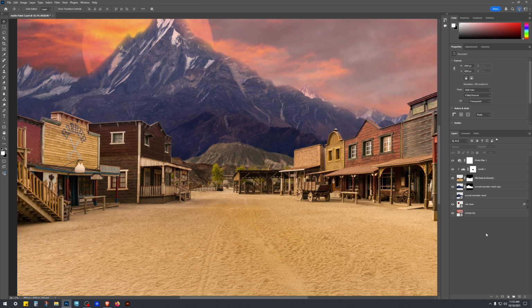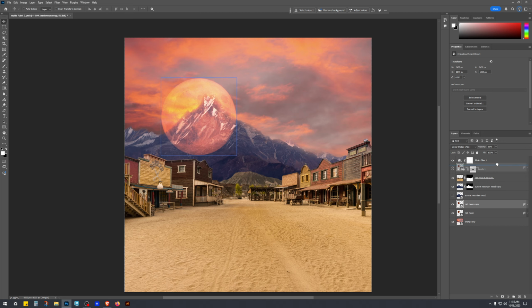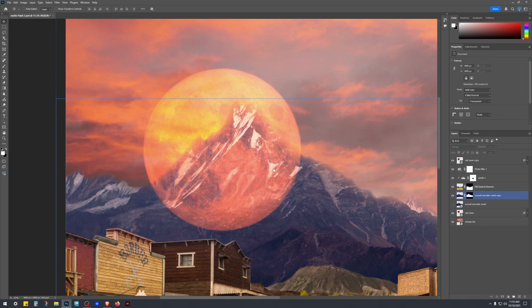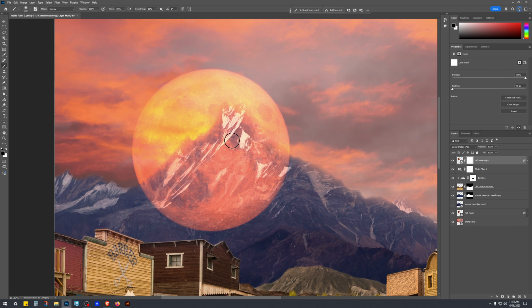Go in and let me see, what else? Oh, the moon. Grab the moon, drag it, duplicate it, and chuck it on top, way on the top, and then what I'll do is make the opacity 100. And then what I'll do is this, apply a mask, press B as in Bob, make it bigger,